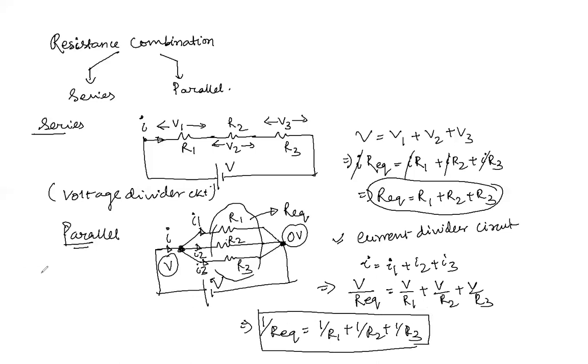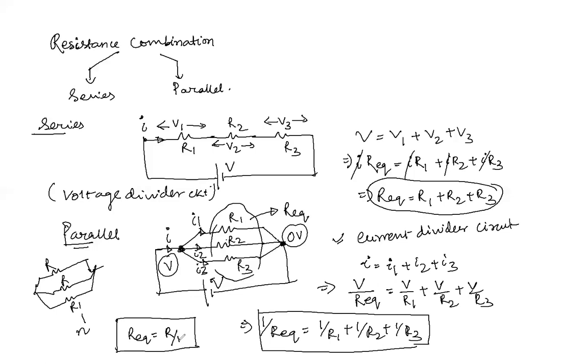But the most important part of parallel combination is that if many resistances are connected in parallel to each other, and all the resistances are of equal values, we can get the equivalent resistance directly. If I connect n number of resistances in parallel with each other, R equivalent can directly be written as R by n. If there are 10 resistances, each of value 2 ohm, connected in parallel, what should be the equivalent resistance? It is 2 by 10, that is 0.2 ohm.